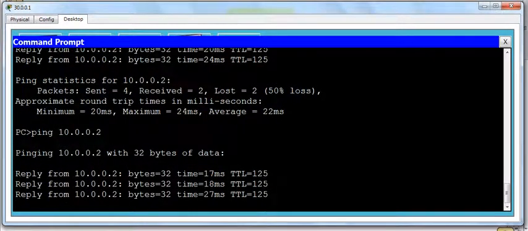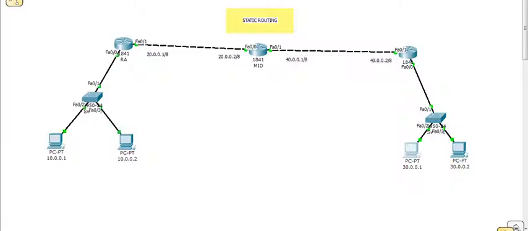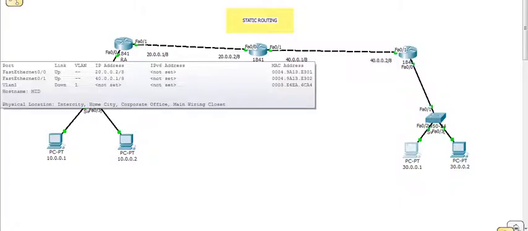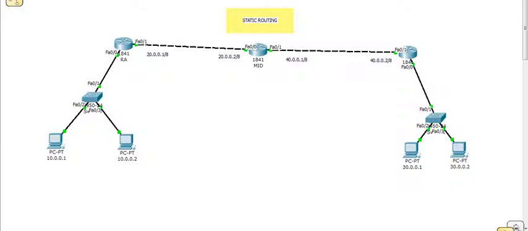Now, I cannot keep the default route on the mid routers, only on the stub routers. Meaning if you have only one exit point for the unknown networks, then it is a stub router. I have two stub routers here, router A and router B, but the mid router is not a stub router. Why? For reaching 10 it has to come via 0/0. For reaching 30 it has to come via FastEthernet 0/1. In different directions, different unknown networks are connected.